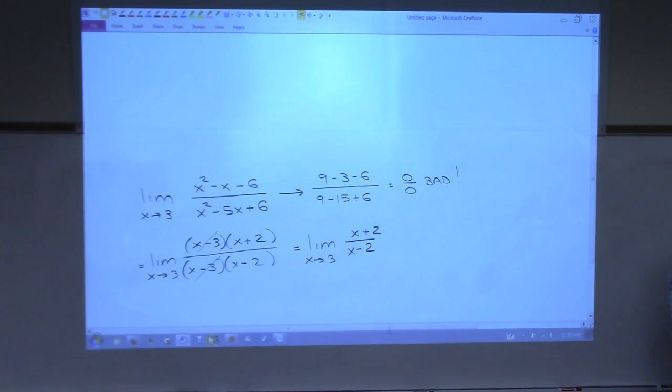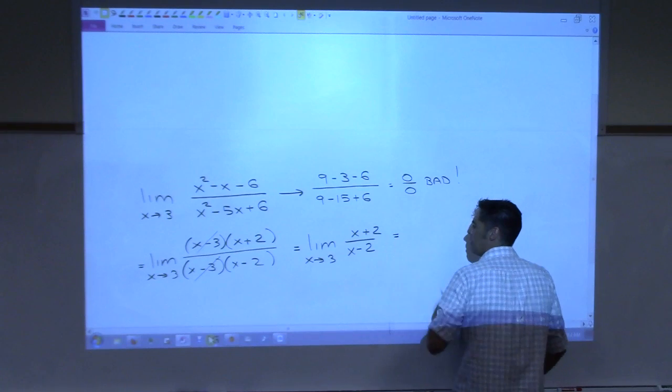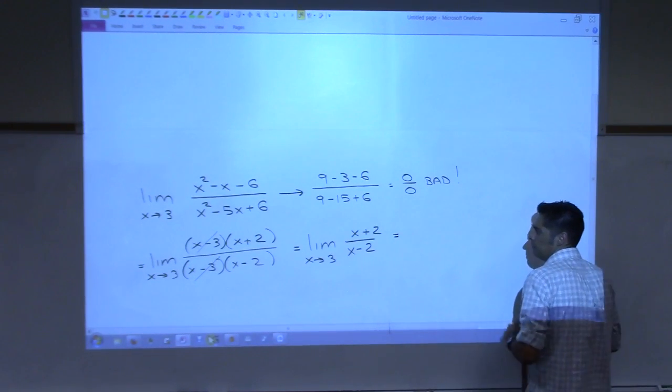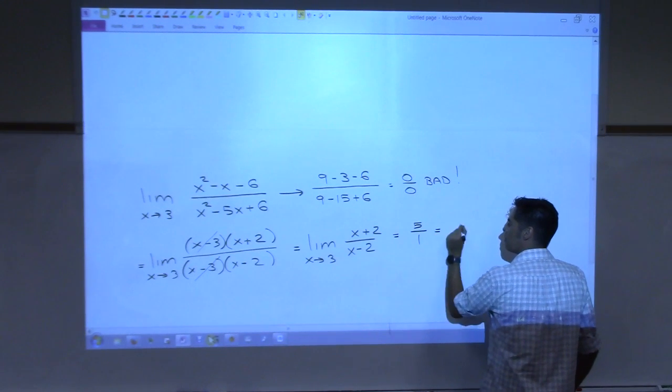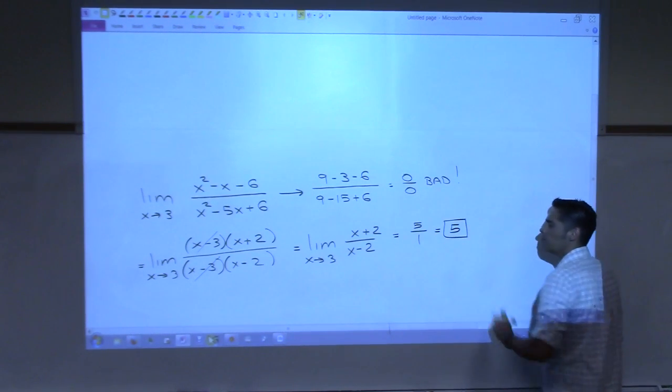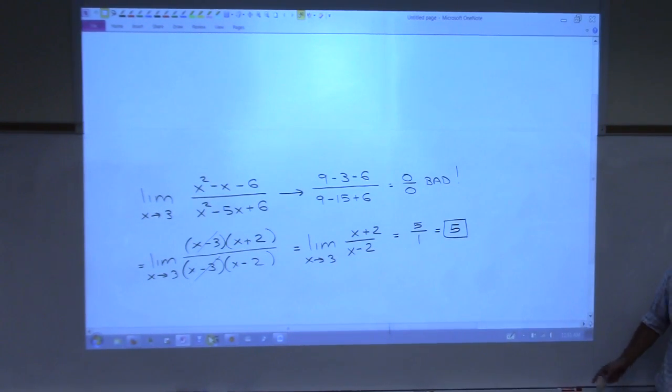I need to speed it up. And then we can drop the limit. Now we can drop the limit. We should be able to direct substitute. What is that? 5 over 1? Answer is 5. If we forget to drop the limit there, like if you were to write